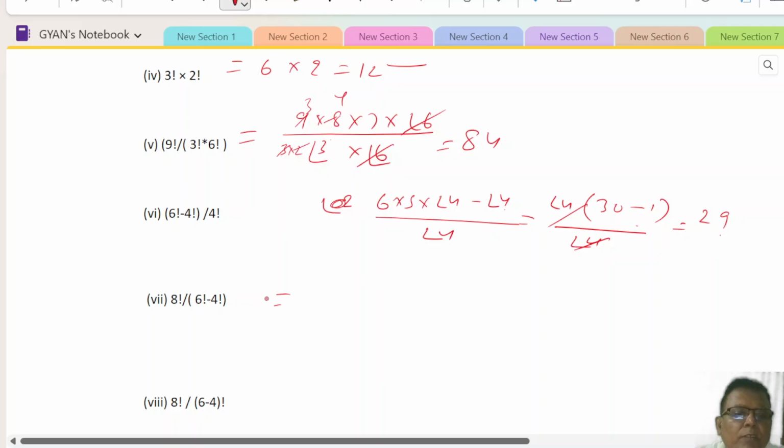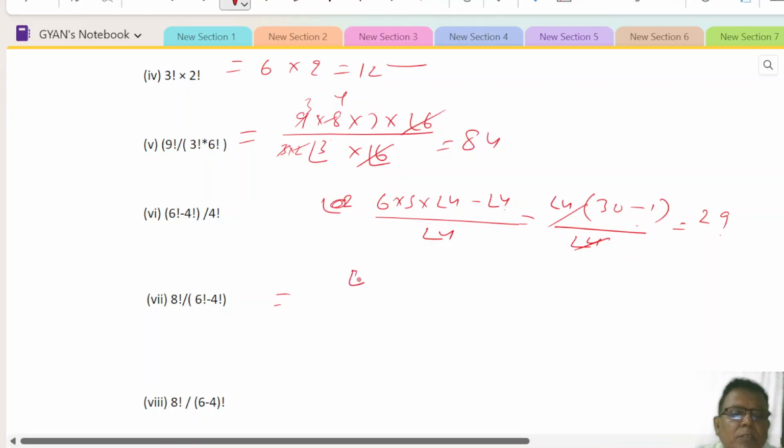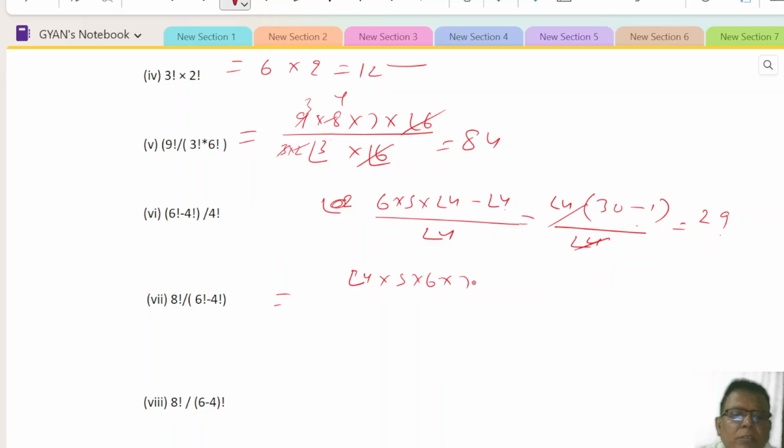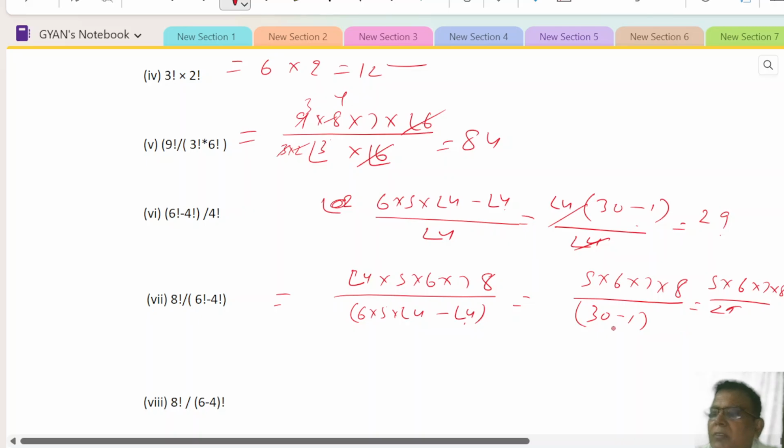This is factorial 8. So factorial 8 means factorial 4 into 5 into 6 into 7 into 8 divided by factorial 6 into 5 into factorial 4 minus factorial 4. So you take factorial 4 and that gets cancelled. So 5 into 6 into 7 into 8 divided by 30 minus 1, which is 29. So 5 into 6 into 7 into 8 divided by 29. We will calculate, then we will get